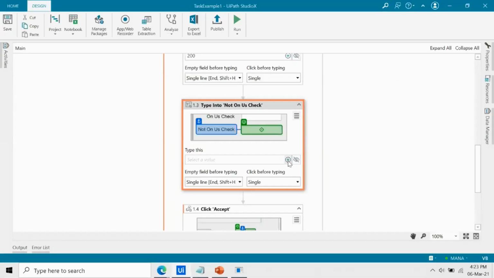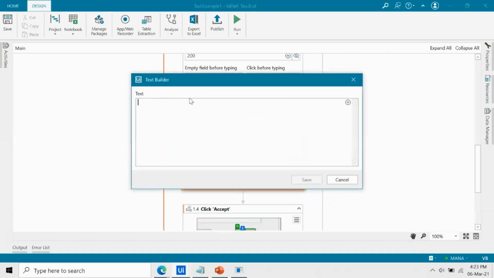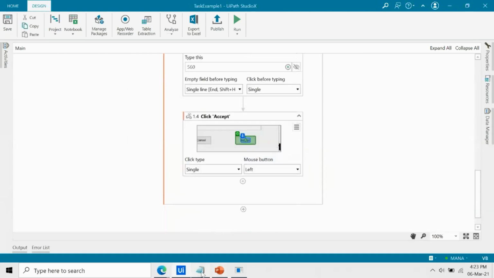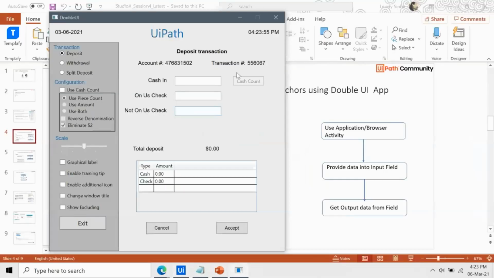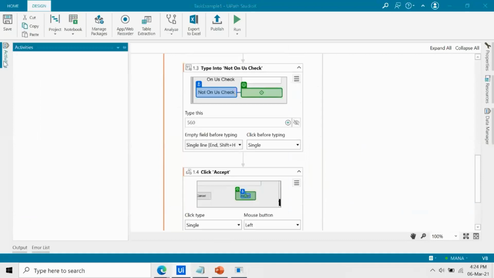This way I can provide an input to the not honest check value. Let me give a dummy value right now. That's it. So now I would like to get the transaction number after it has been accepted. Okay. And to do that, I go back to the Studio X,